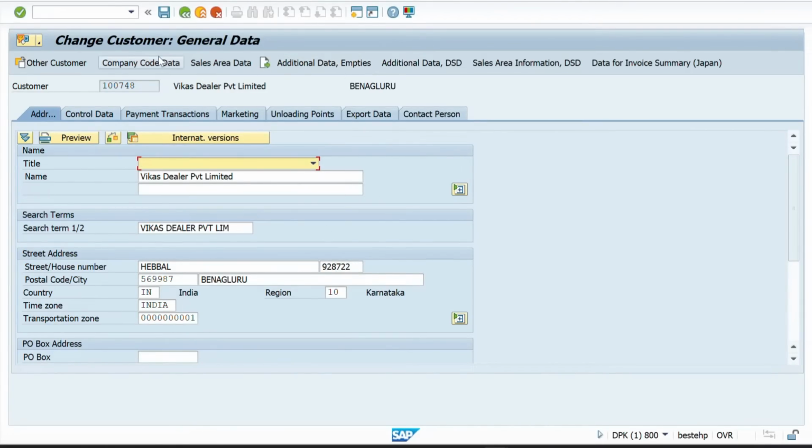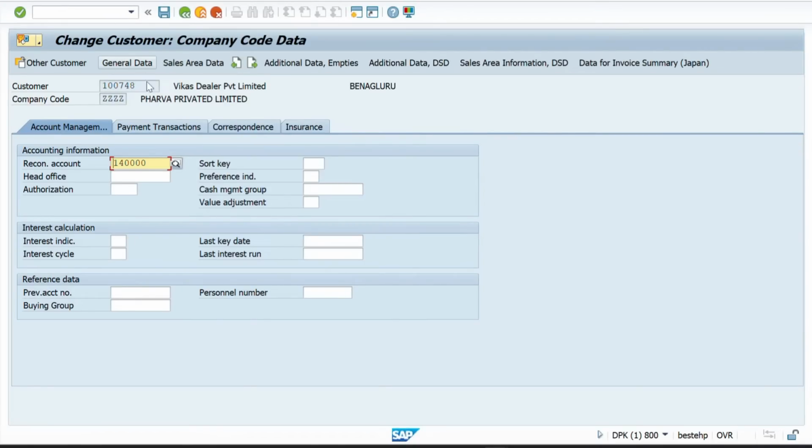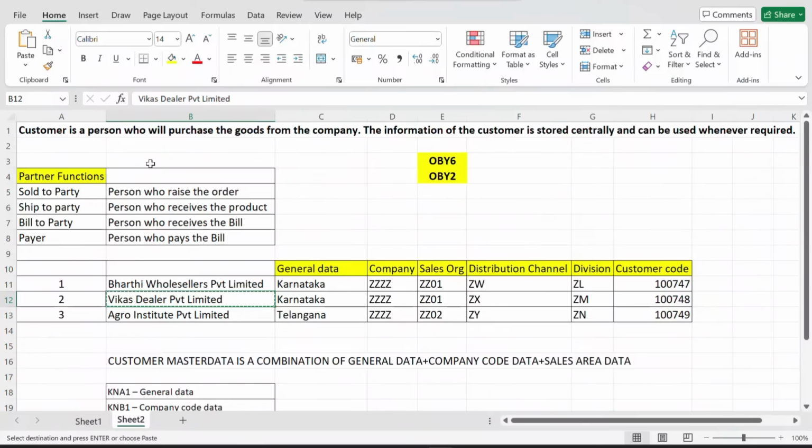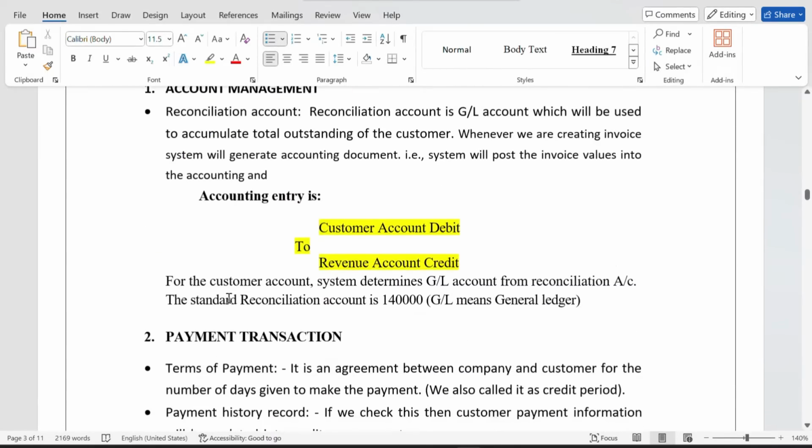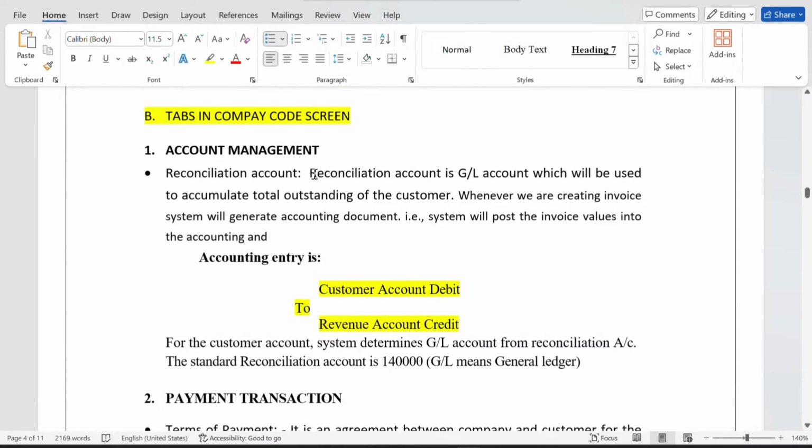Okay. Now go to company code data. If you go to company code data, you have something called the reconciliation account. Now, what is this reconciliation account? This field is very important. Reconciliation account is a GL account which will be used to accumulate the total outstanding of the